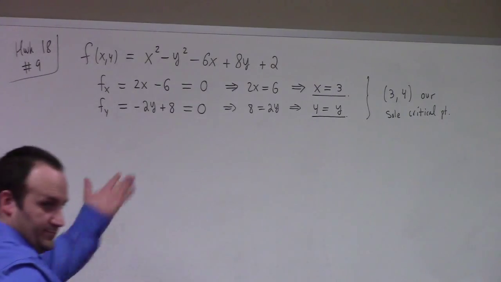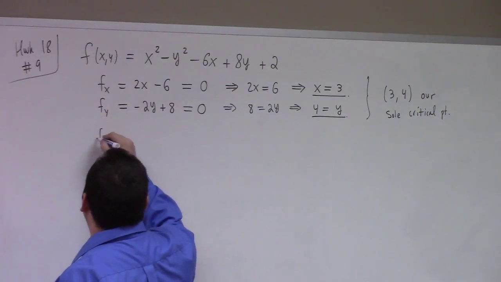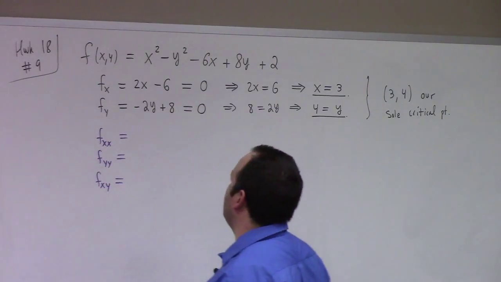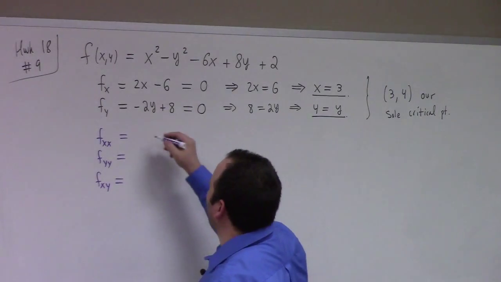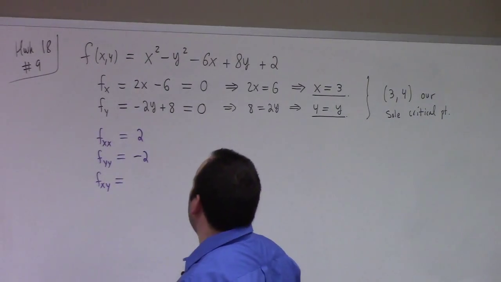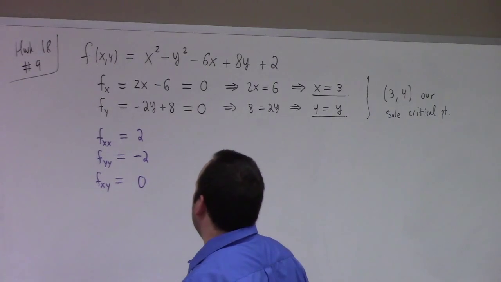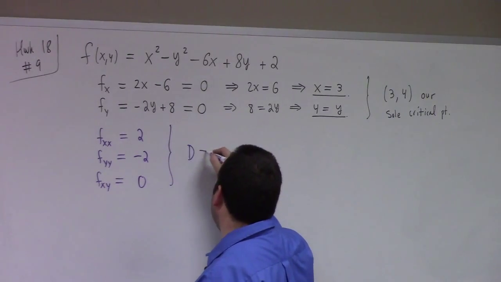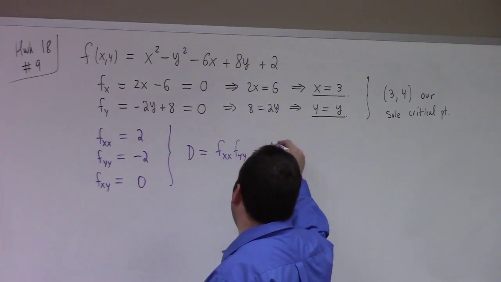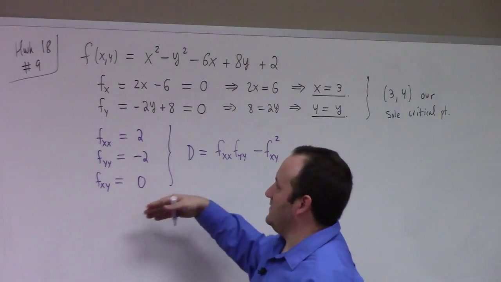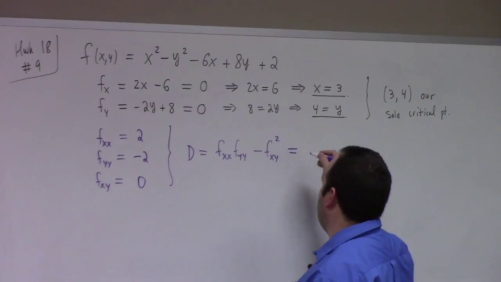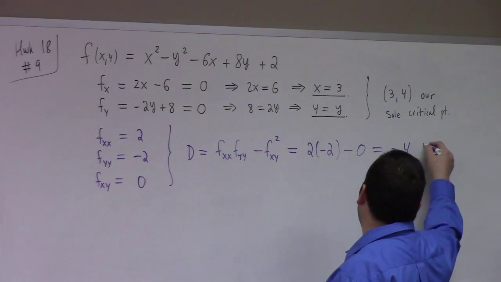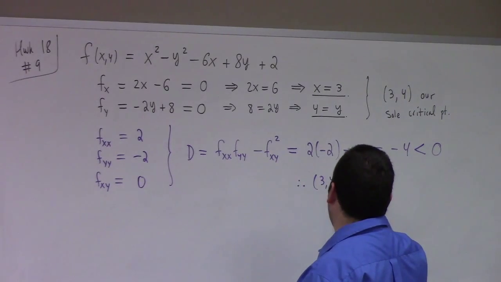All right. So now we calculate the Hessian, right? So what are fxx, fyy, fxy equal to? Oh man, these are really boring. I'm sorry. 2, minus 2, 0. This is very disappointing to me. Well, really? It's just no fun at all. D is fxx times fyy minus fxy squared. You don't even have to plug in the point. Generally speaking, you have to find formulas here and then plug in the critical point. I can't even see that in these examples. But they're the ones I gave you, so I'm stuck with them. All right, so this is 2 times minus 2 minus 0, which is minus 4. Uh-oh, less than 0. Therefore, (3, 4) is